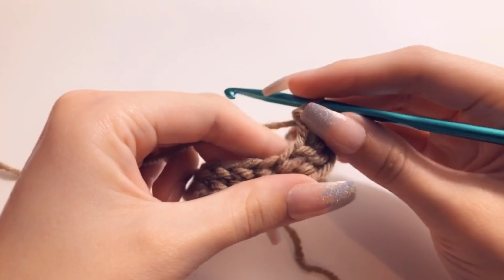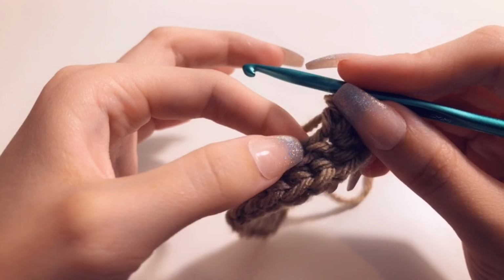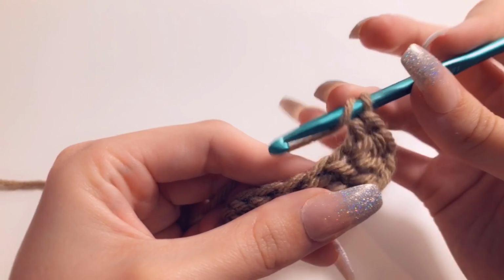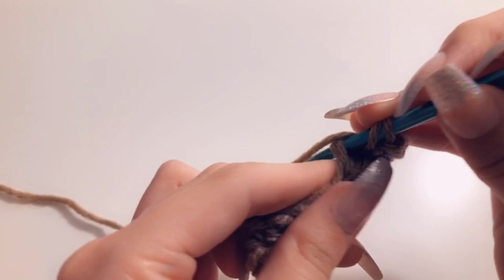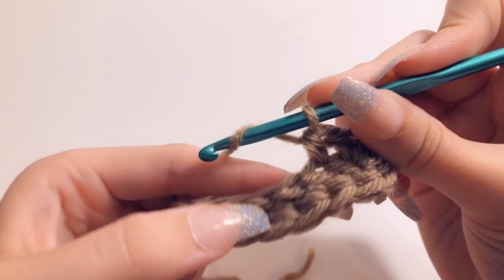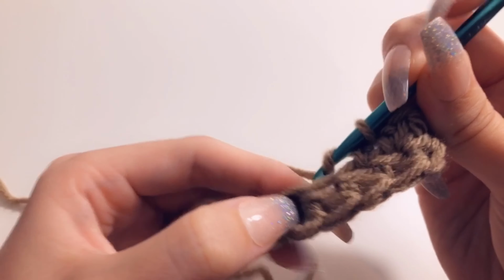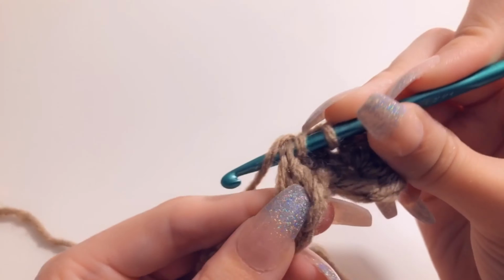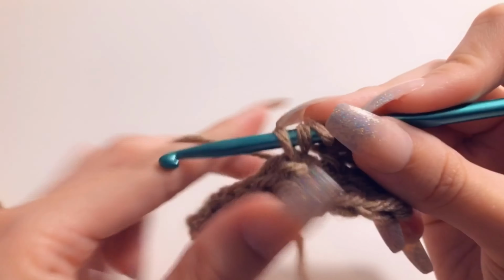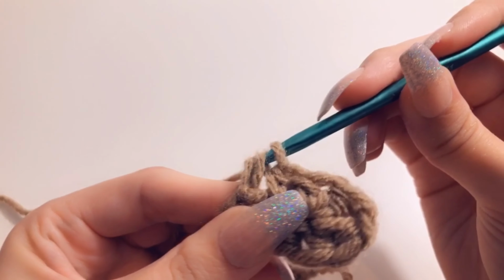And then we're going to put 1 half double crochet into each and every stitch for the rest of the row. So yarn over, go into the next stitch, bring the yarn through, yarn over, pull through all the way, yarn over, go into the next stitch right here, bring the yarn through, yarn over, pull through all the way,